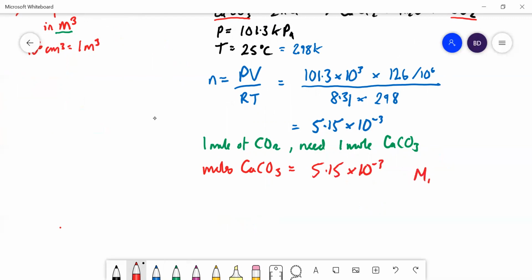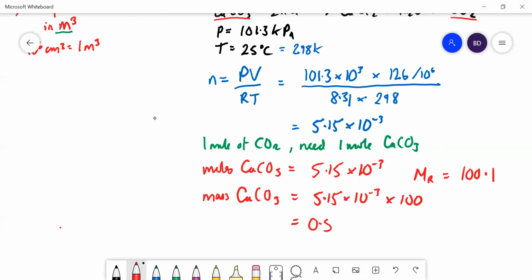The MR of calcium carbonate is 100.1. So therefore the mass of calcium carbonate that we're going to need is going to be 5.15 times 10 to the minus 3 multiplied by 100, which is equal to 0.515 grams to 3 significant figures. Okay,